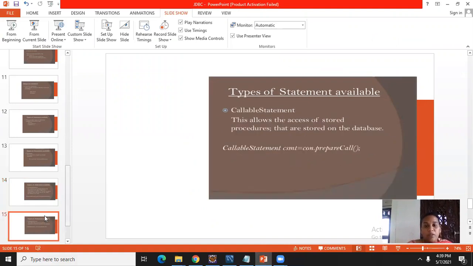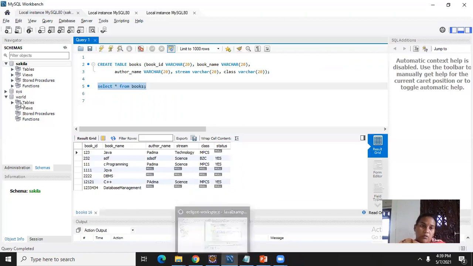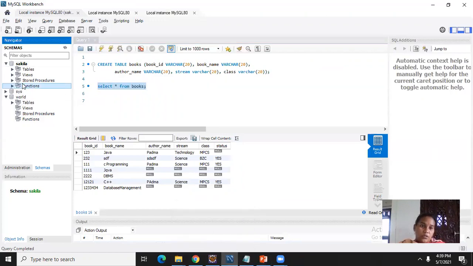And the last one is the callable statement. What does callable statement mean? In Java programming, if I want to execute functions or stored procedures, these are the two database mechanisms, how to write functions and how to write stored procedures in the database.